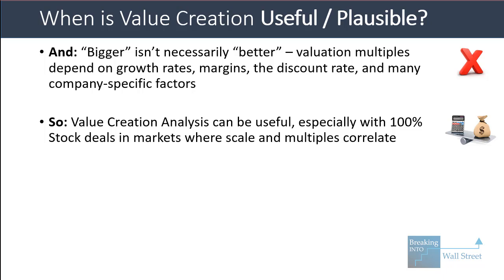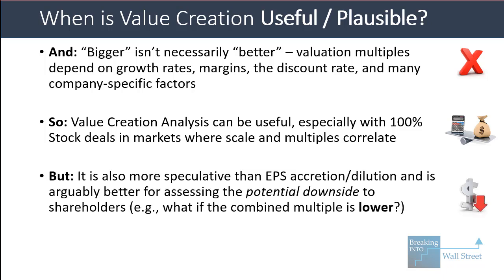So the value creation analysis can be useful, especially if you are working on a 100% stock deal in a market where companies' scale and their multiples actually correlate pretty well. But it is a lot more speculative than EPS accretion dilution, and I would argue it's actually better for assessing the potential downside to shareholders. So for example, what if the combined multiple is the same or lower? If we go in and make that